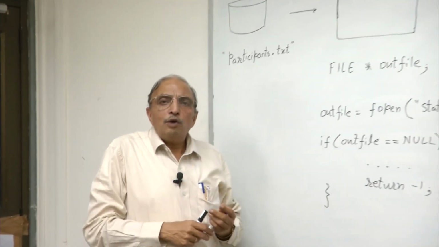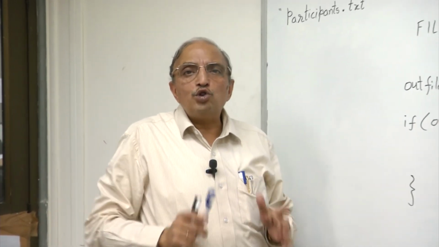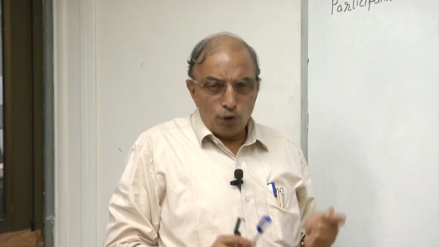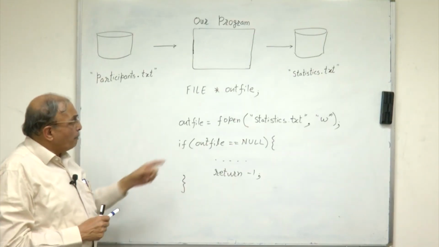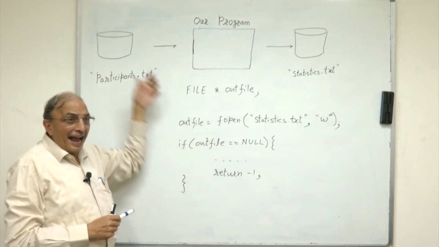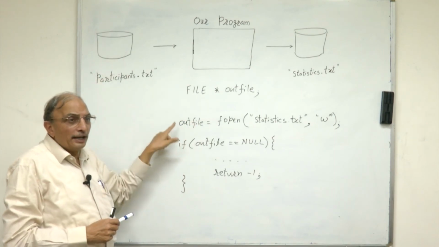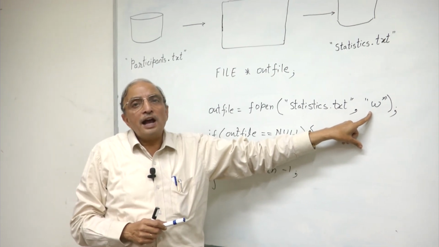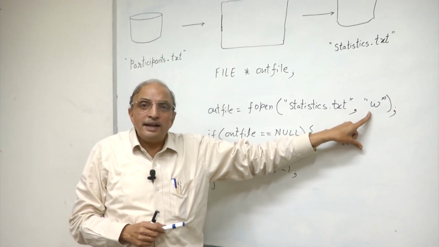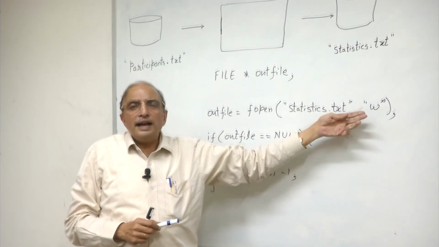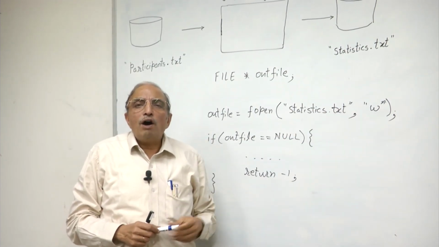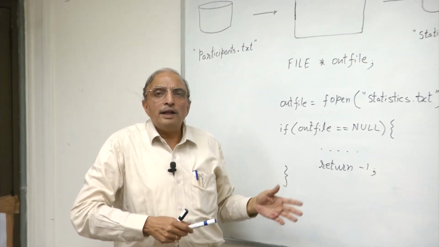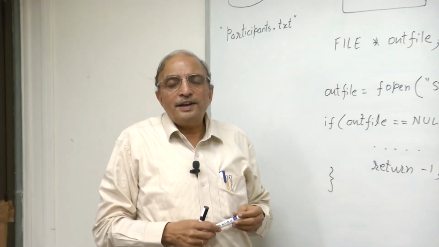With this, we have now understood how we can associate external files with internal file pointers. To recapitulate, we use the fopen statement to associate an actual file with our program pointer, and we indicate the mode in which the file is to be opened, which could be either R for reading and W for writing. There are additional indicators that can be given in this mode. All of these are described in a separate handout which is included in the course material. Thank you.